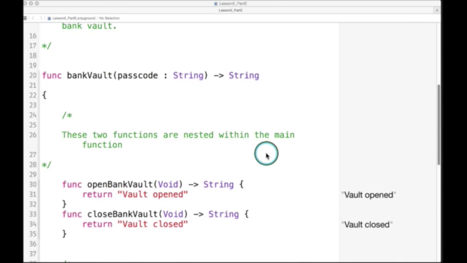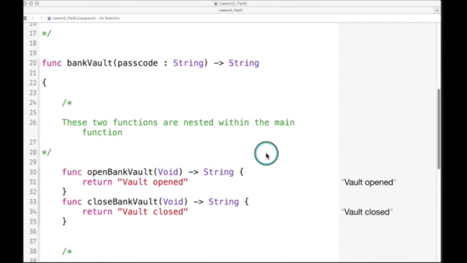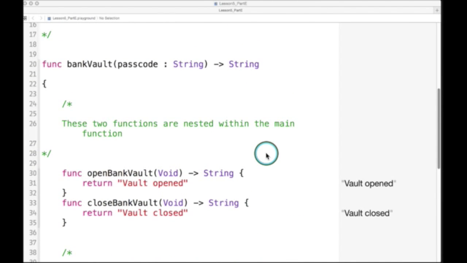Okay, so let's define our function. The main function is called bank vault, and it accepts a passcode, a secret code that we're going to check whether it's the right code or the wrong code. So it will accept a code,